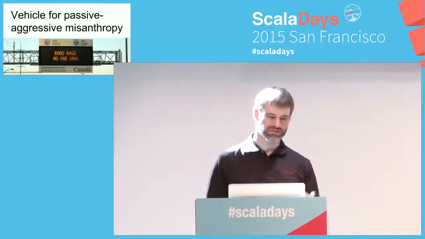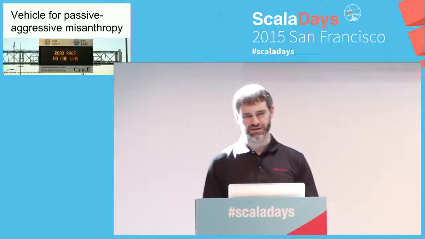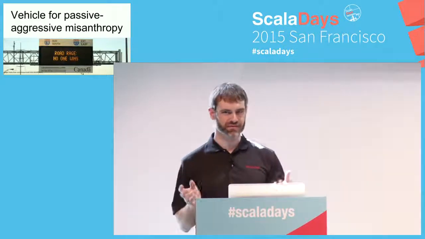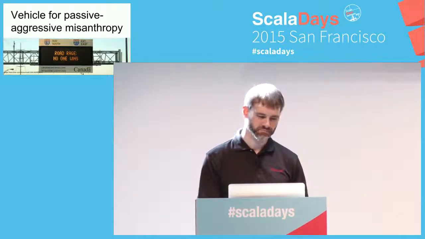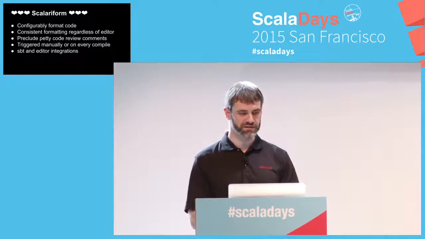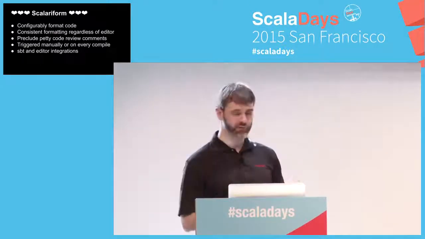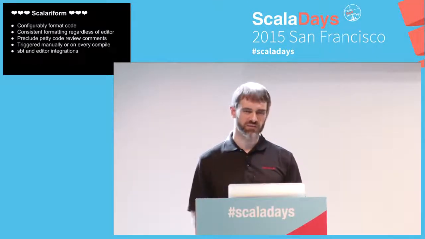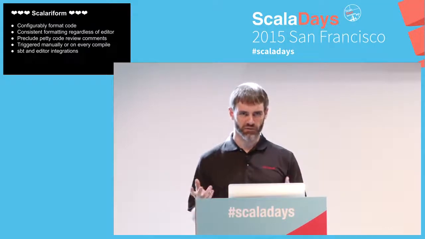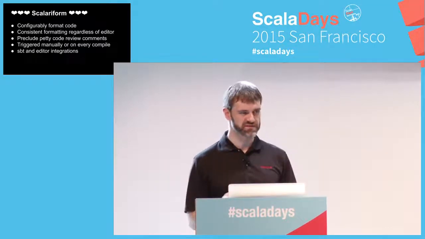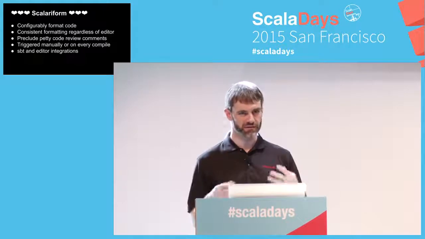Just take the emotion out of it and make code that breaks your build, essentially, if it doesn't conform to the right rules. In related news, there's a tool called Scalariform, which has an SBT plugin, and it will automatically reformat your code. This isn't really a piece of static analysis,